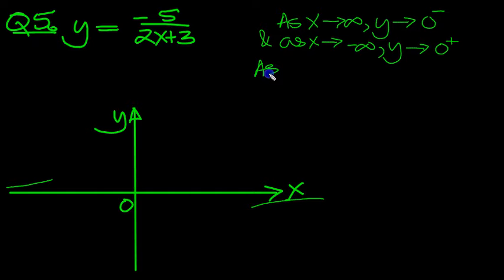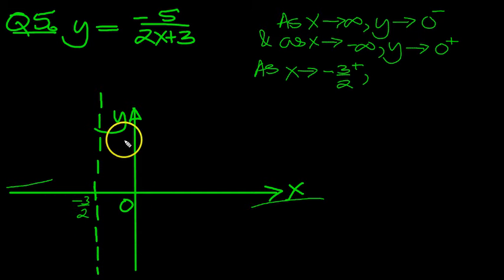So as x tends to minus 3 over 2 from above. So let's put in minus 3 over 2 here. Let's draw in an asymptote. So we've got a vertical asymptote at minus 3 over 2, if I can try and draw it properly. So there it is, supposed to be a vertical line there at minus 3 over 2. There we go. Okay, so just this side and just that side is where we want to look. If we're dealing with the more negative side of minus 3 over 2, or the more positive side,